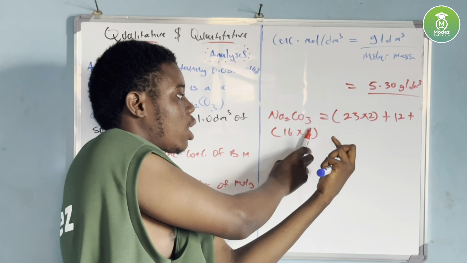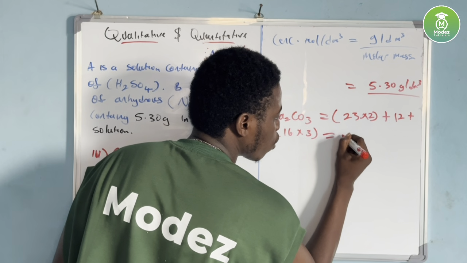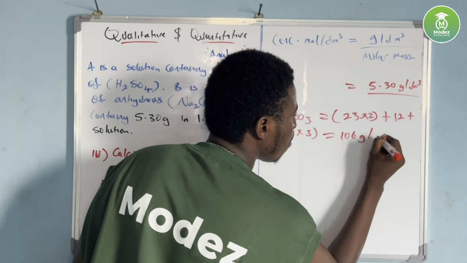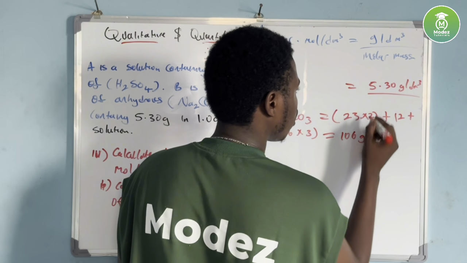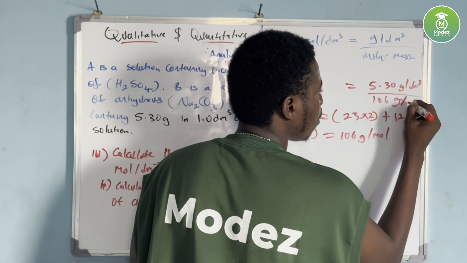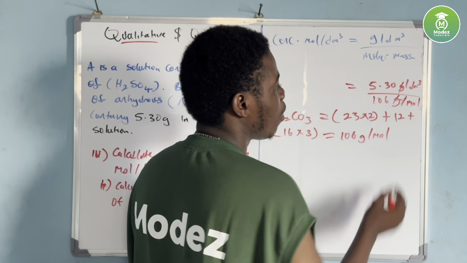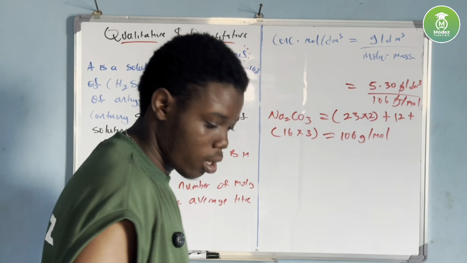Oxygen too carries this 3 here, so you multiply it. Then when you add everything together, you get 106 gram per mole. Then when you bring this into this, 106 gram per mole, the gram cancels the gram, and then you have mole per dm cube. So whatever you get is going to be